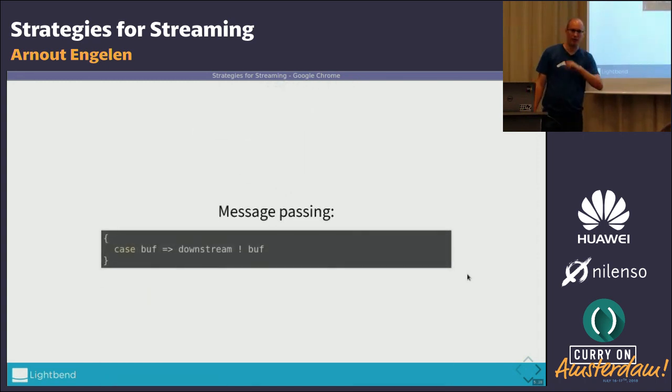So what can the actual processing look like? So this could be the implementation of our simple asynchronous actor. Messages come in, they are passed to us by the dispatcher, so we get a buffer. And what we do is, for the downstream, we send the buffer to the downstream with the bang operator. So the bang is the tell in Akka, which says send buff to downstream or put buff into the downstream mailbox. So the bang is still blocking? No, the bang is not blocking because it's not actually running code in downstream. It's just putting it in the downstream mailbox. And that always has space.